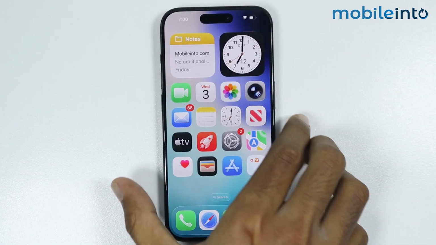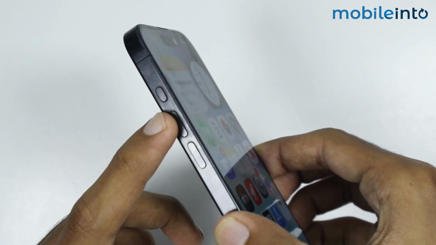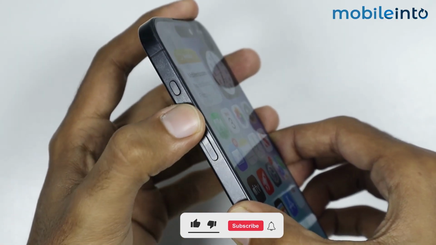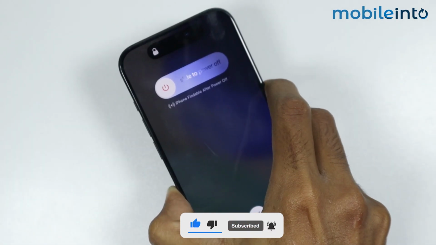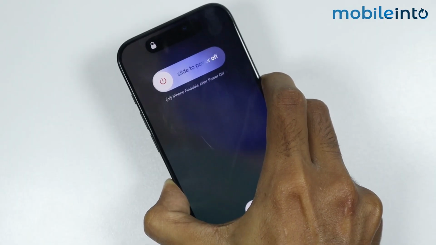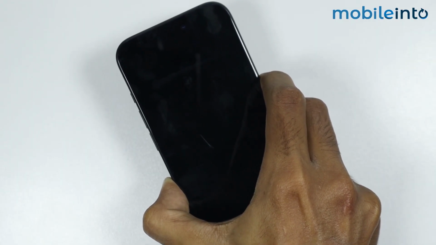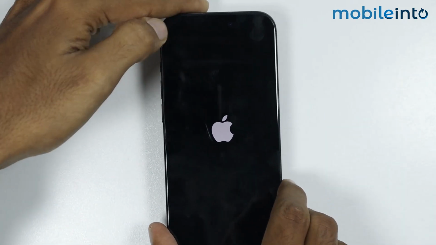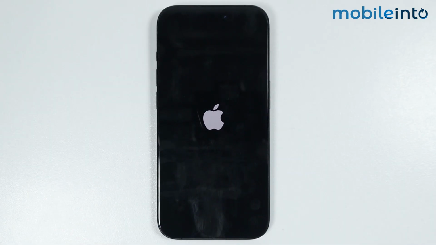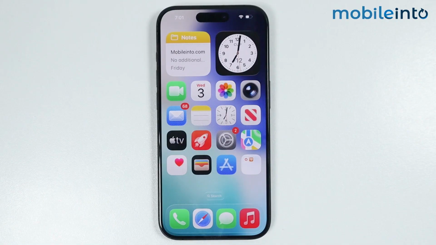For that, just press and release the volume up button and the volume down button. Now just press and hold the power button on your iPhone until the screen of your iPhone goes black and the Apple logo appears on the screen. Once the Apple logo appears on the screen, just release the power button. And this is how you can get App Store